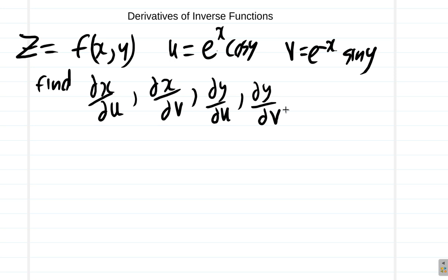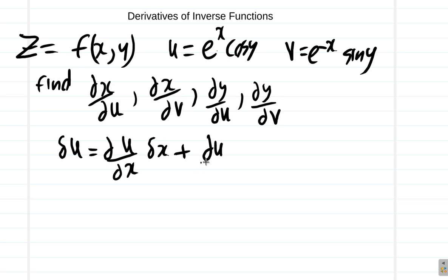Now, here, if we look again at this general formula, a small change in u is the partial derivative of u with respect to x times a small change in x plus the partial derivative of u with respect to y times a small change in y. That's one case. The other one is that a small change